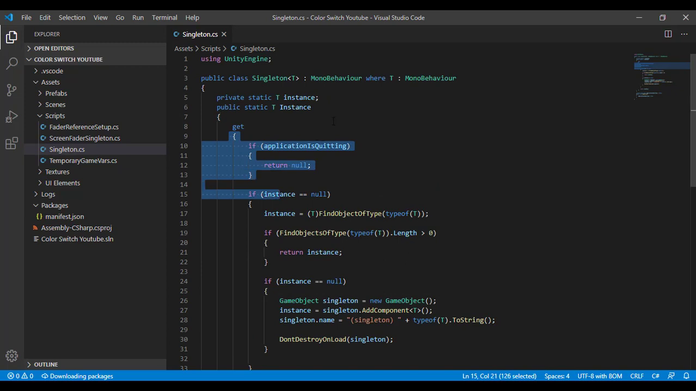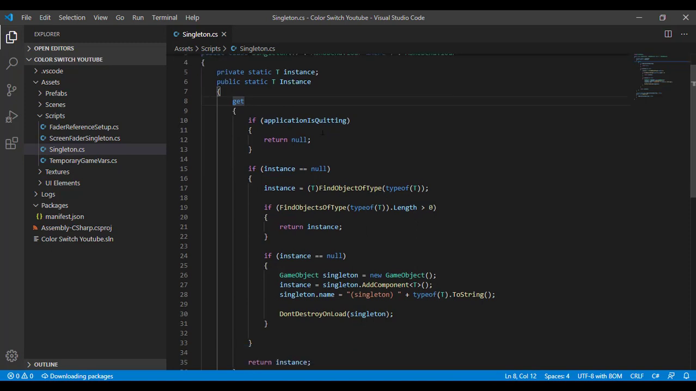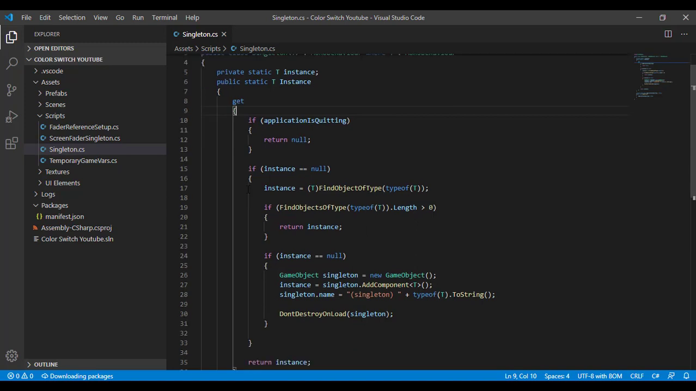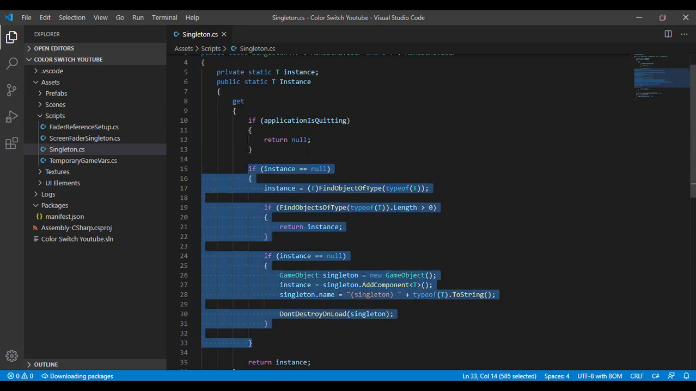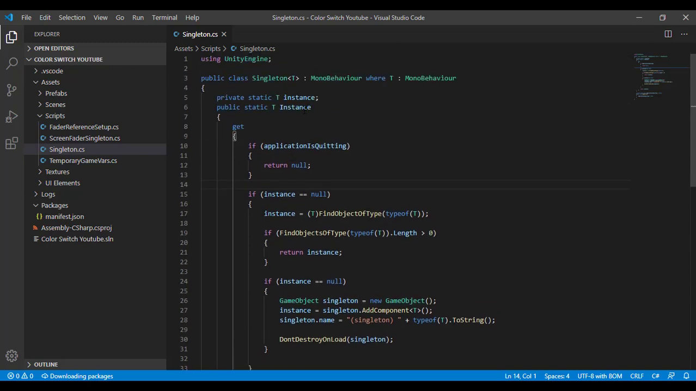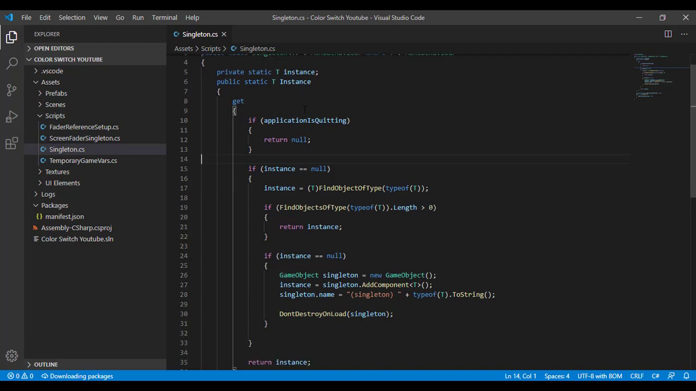We have a static property. First, it will come here and check this: if application is quitting is true, then it won't execute these lines. It will straight return null and skip these statements. But if we haven't created an instance of our singleton, and I have already given you the idea of singleton in the previous tutorials,